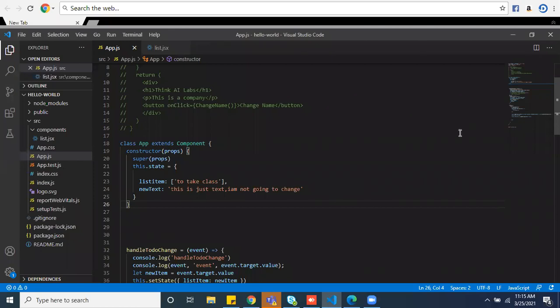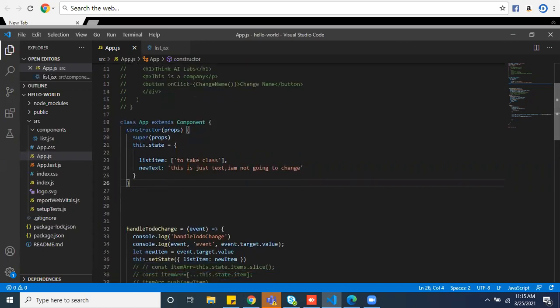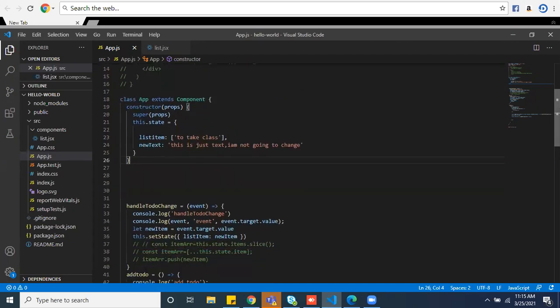Okay, colon, new text. List item. See, here you haven't taken another items array. Did you take that items array? List item is just a string where you want to store the input.